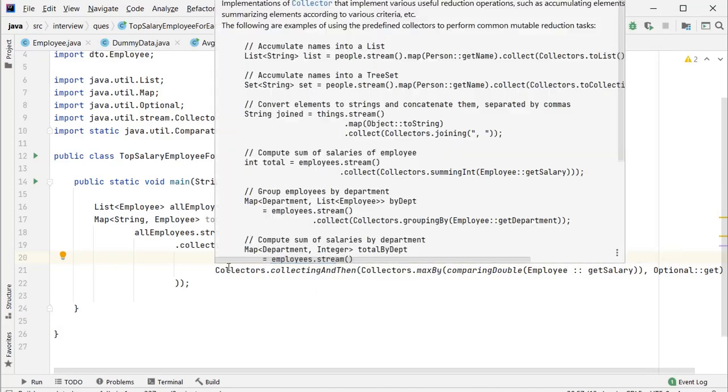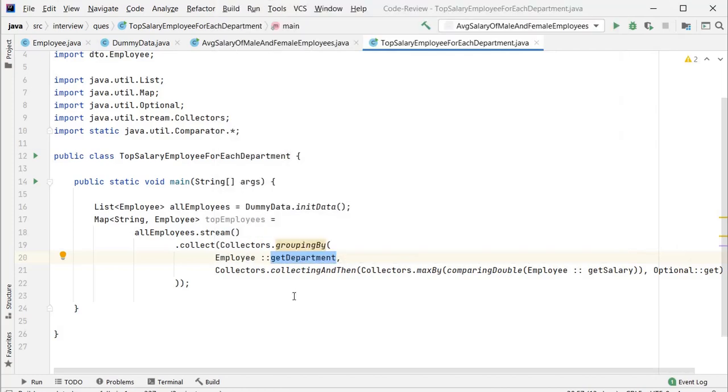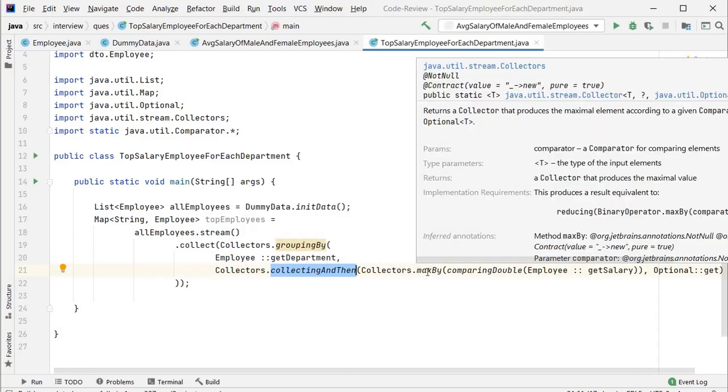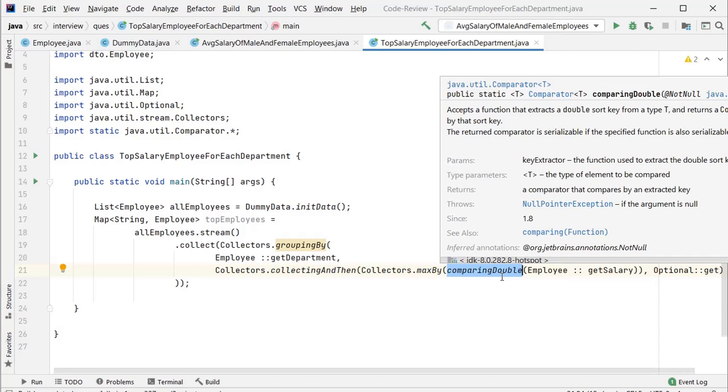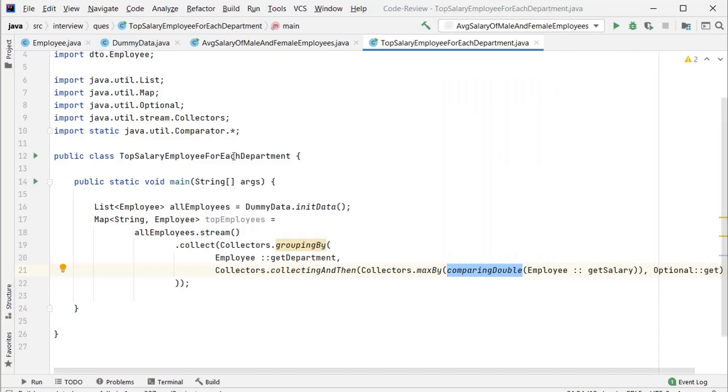So we will get the department name, and I perform the collecting, and then inside that I use maxBy. In maxBy I use comparingDouble, which is a method from the Comparator class.